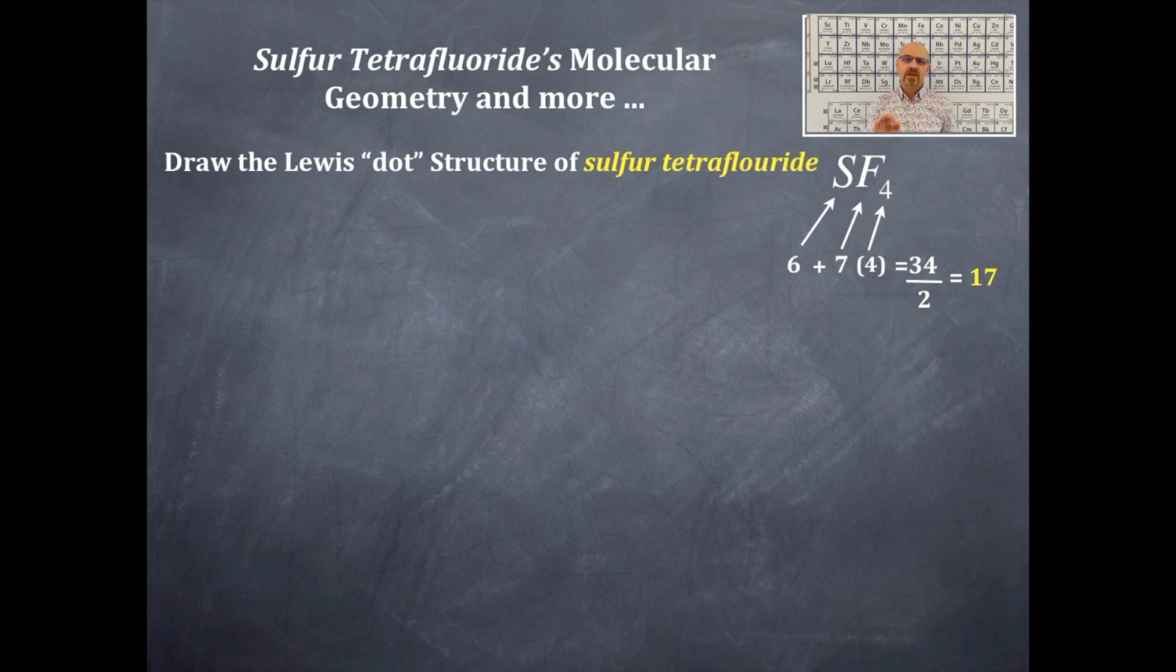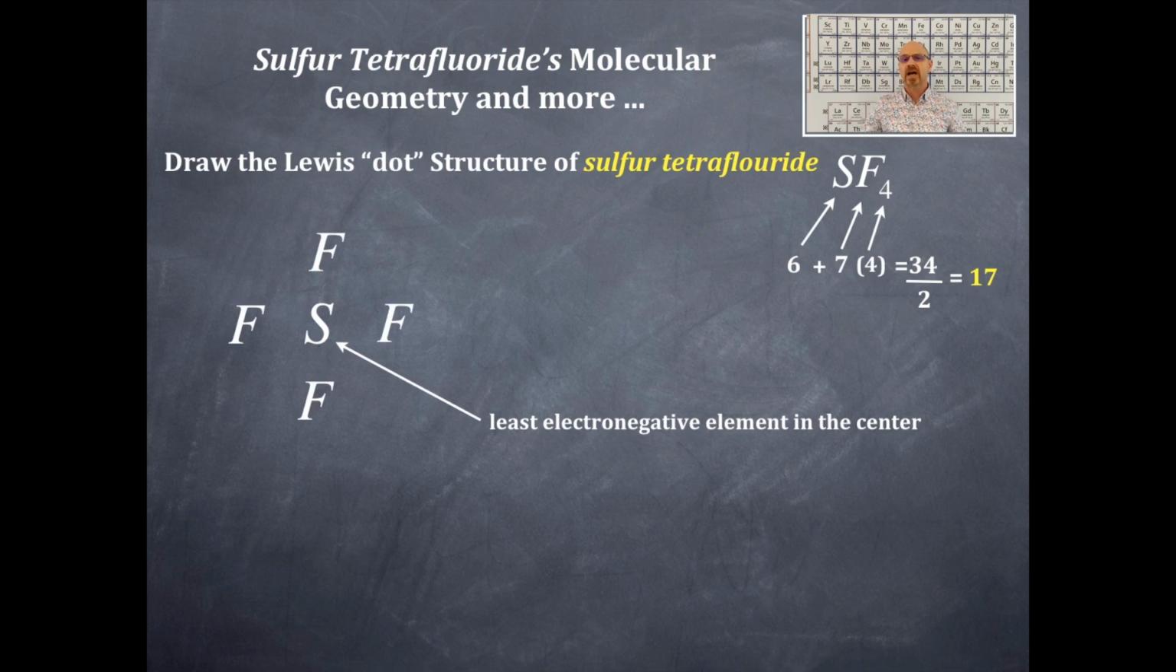Now, the least electronegative element goes in the middle. That would be the sulfur. That's why that's in the middle. Then the fluorines surround that sulfur in the X marks the spot pattern. Bam! Just like that. Now we're going to place those 17 pairs of electrons